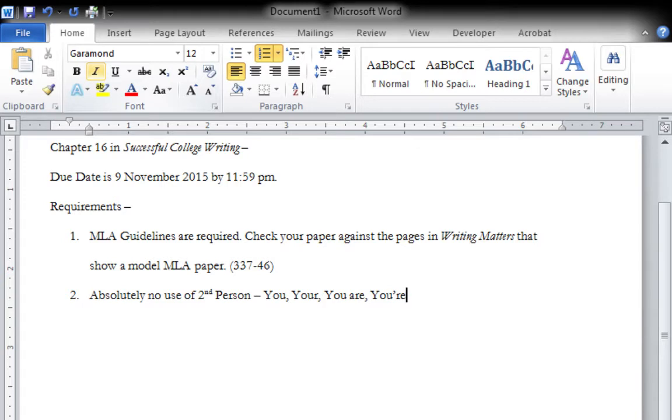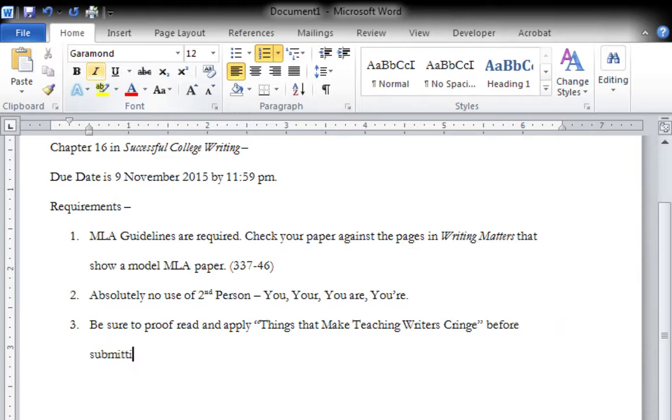If you need justification, read things that make teaching writers or writing teachers cringe, which leads me to my next point. Be sure to proofread and apply things that make teaching writers cringe before submitting.